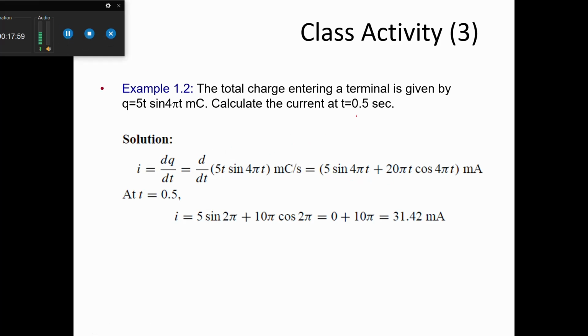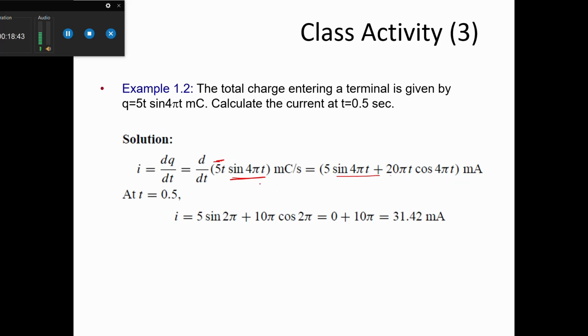So if we want to find this particular current, we'll differentiate it with respect to time, and we'll apply the multiplication rule here. We have 5t and sine 4 pi t. Taking this term as constant, we do d by dt of 5t, so we have 5 sine 4 pi t, plus, then we'll take 5t as constant and take the derivative of sine 4 pi t, which will be cos 4 pi t into 4. So 5 multiplied by 4 is going to be 20 pi t cos 4 pi t,